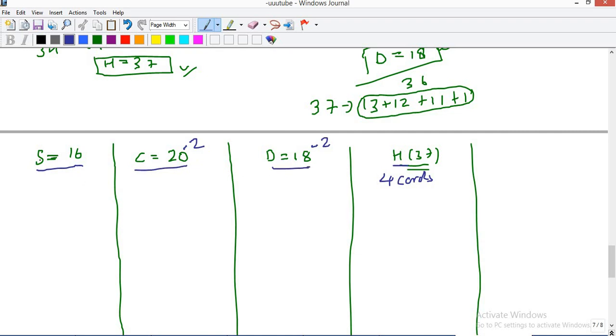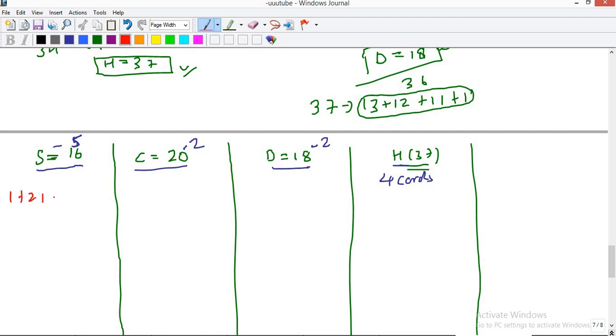तो अभी spades के लिए कितने cards बच गए? 4 plus 2 is 6, 6 plus 2 is 8, and there was a hand that was dealt. Total number of cards were 13, so I can say 5 cards of spades. Now, in how many ways can I make the sum to be 16 using 5 cards? Let's try. चलो try करते हैं.